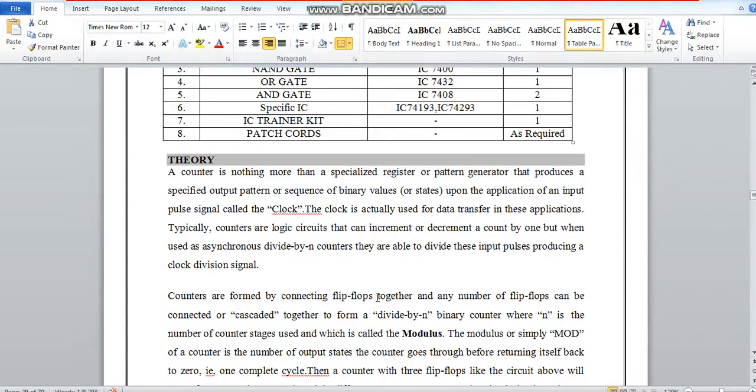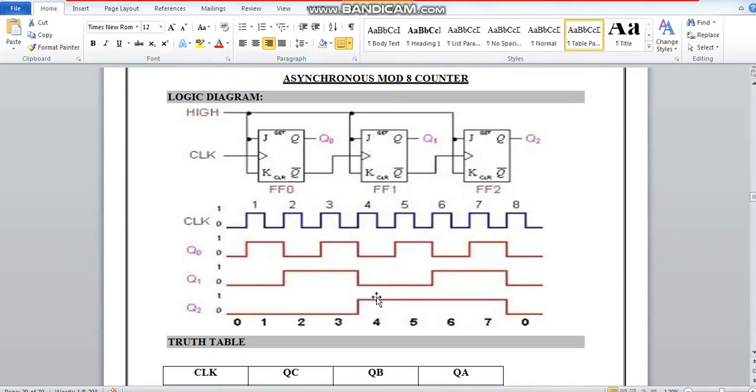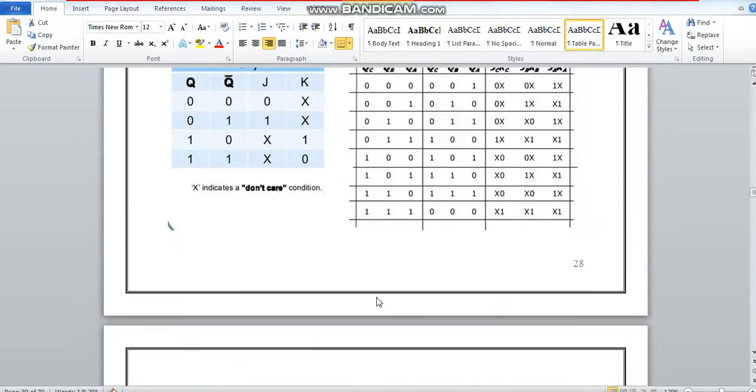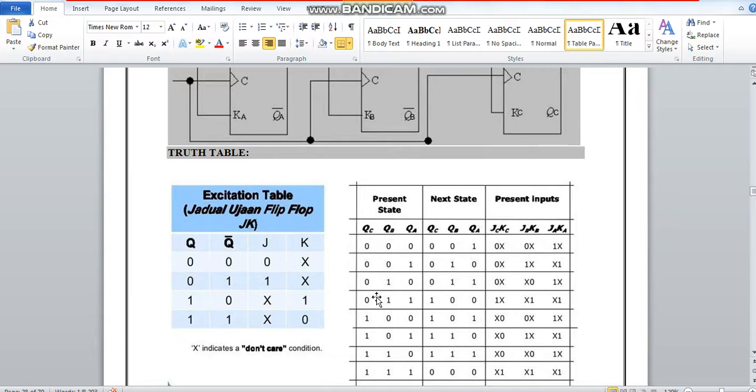The circuit diagram, how to realize a synchronous counter, is this. This is what you have to know. We will be using JK flip-flop in this design. The excitation of JK flip-flop goes like this. When your present state Q and next state are both 0, your inputs J and K will be 0 and don't care. When Q is set, your J will be 1. When Q bar is set, your K will be 1.